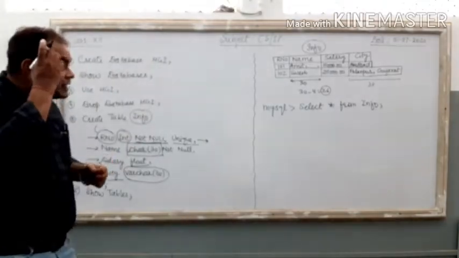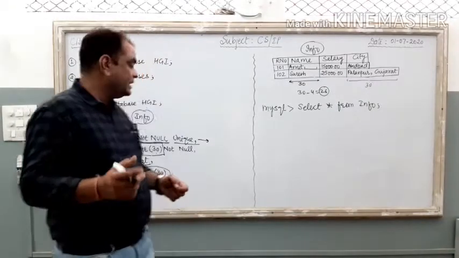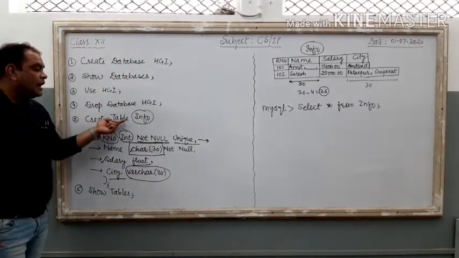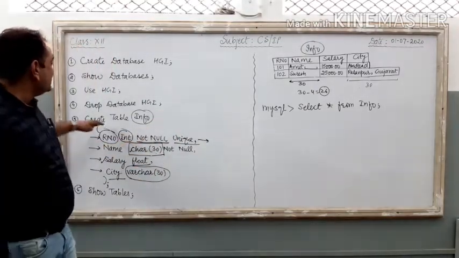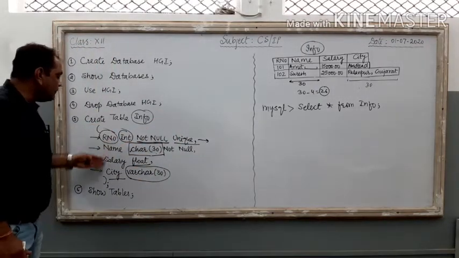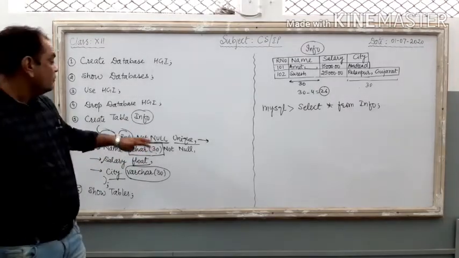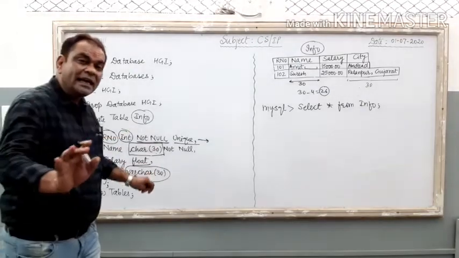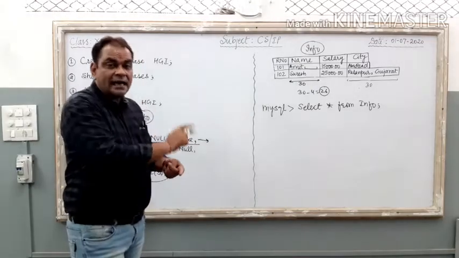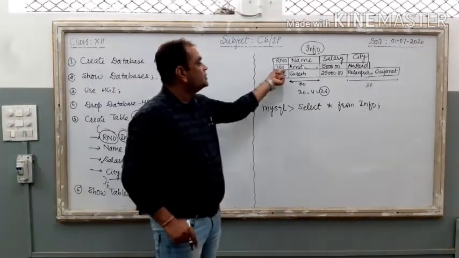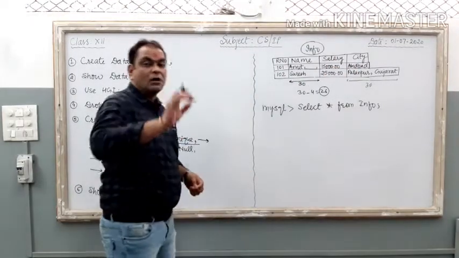Right? Now our today's class is related to how to enter the data inside the columns. Check it out. The create table command just creates the table structure only. Structure means the name of the table, and the 4 different columns in the table: roll number, name, salary, city. So with the help of the create table command, we can create the table structure only. Now, if we want to enter data inside the table, such as 101, Amit, then the salary of Amit, then the city of Amit, we use the insert into command of MySQL.